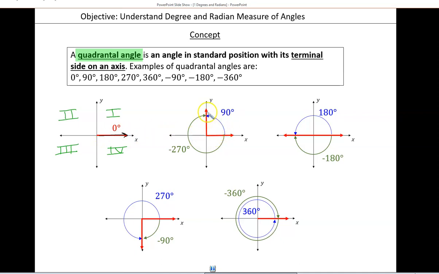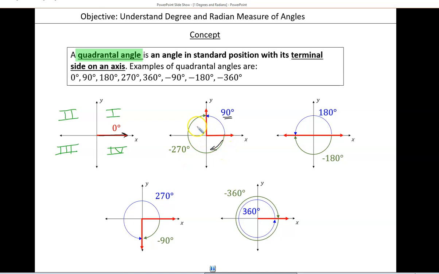We have our 90-degree angle, which we know of course is our right angle. And we can actually remember we were just talking about positive and negative angle measurements. So we can measure this in the positive direction. So we get a 90 degree as a quadrantal angle. We can also measure in the negative direction, and that actually gives us negative 270 because it's 3 90s, because